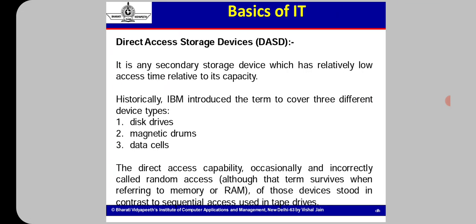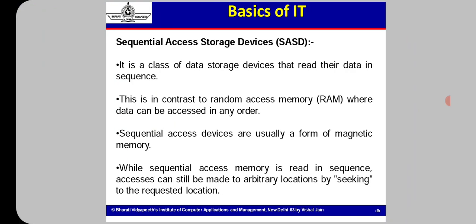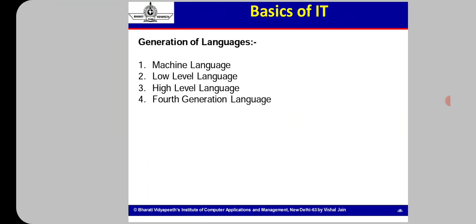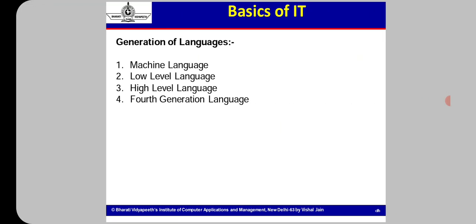Examples are floppy disks, CDs, DVDs, magnetic tapes, magnetic drums, disk drives, like that. So that is also one type of essay type question. And another type of essay type question is